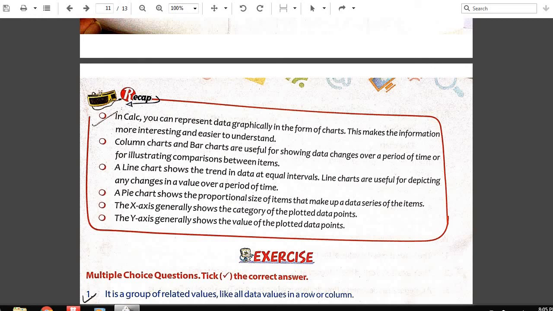A pie chart is used when we have to show the proportional value of the items in one common data series. The x-axis shows the category of the plotted data points and the y-axis shows the value. That is why the x-axis is also known as the category axis and the y-axis is also known as the value axis. So this was all about creating charts in Calc, how to create them, the types and all we have